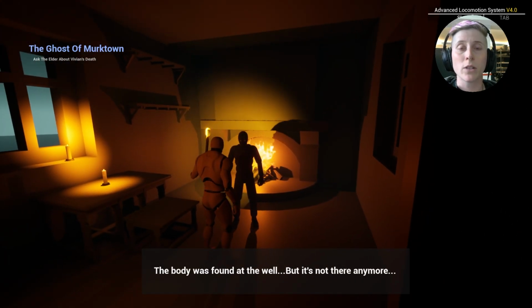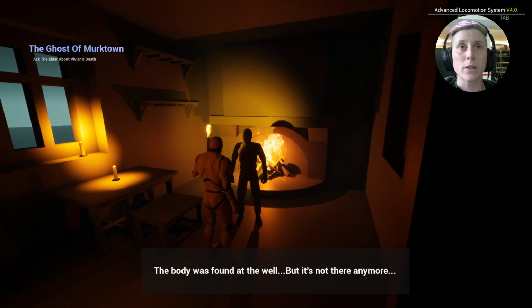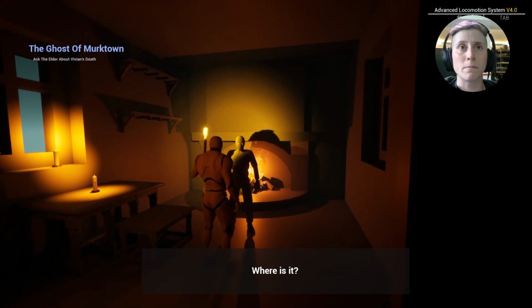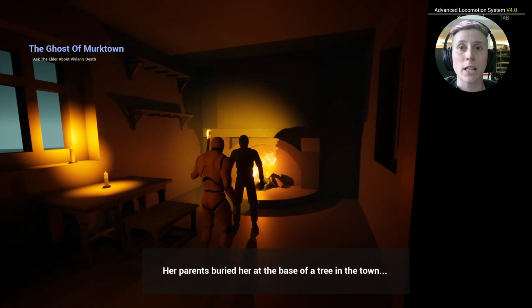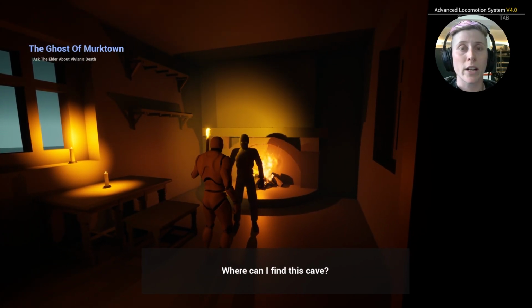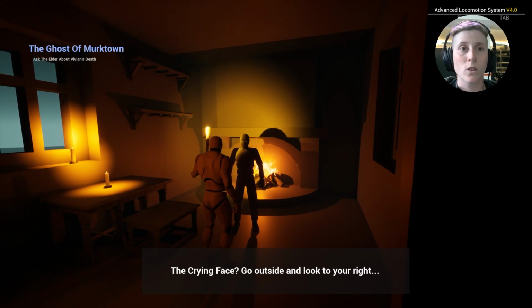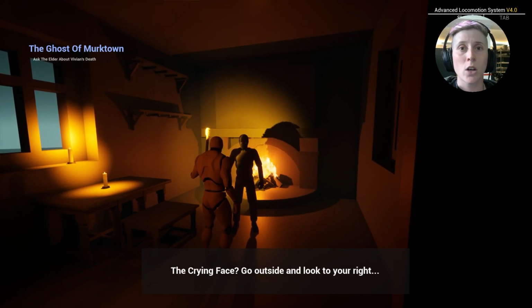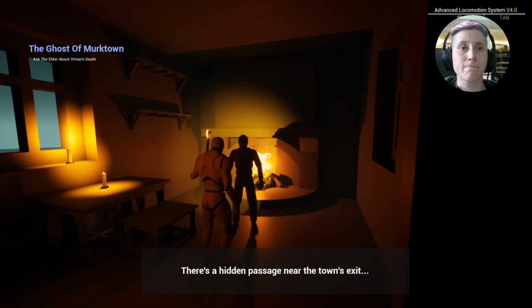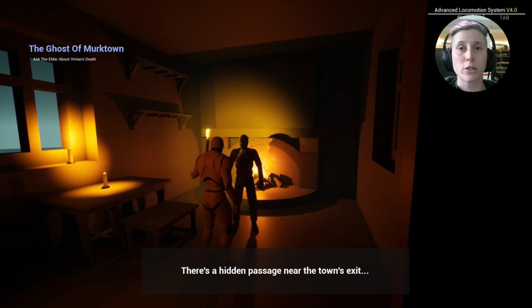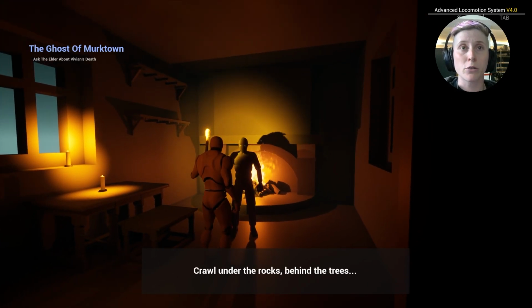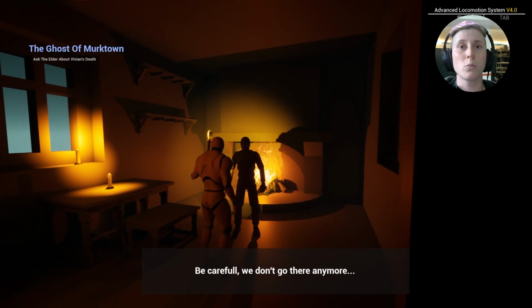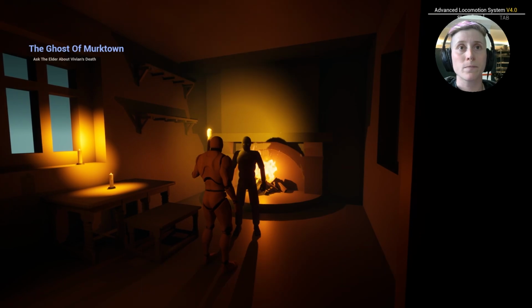The body was found at the well, but it's not there anymore. Where is it? Her parents buried her at the base of the tree, in the town. Where can I find this cave? The crying face. Go outside and look to your right. There's a hidden passage near the town exit. Crawl under the rock, behind the trees. Be careful, we don't go there anymore. Monsters have taken this place.